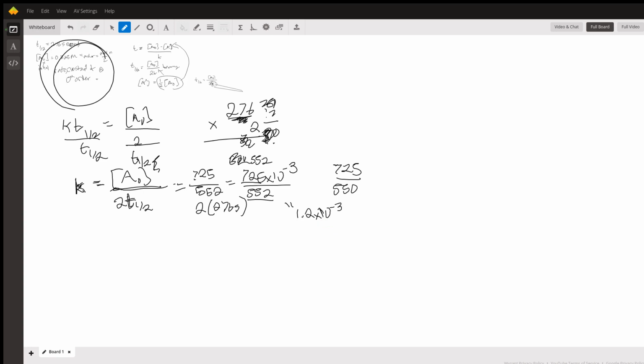Because I can think about just doing 700 over 500. It's about 7 over 5, which would be like 1 and 2 over 5. So that would be like 1.4, but it's a little bit less than that because it's actually 725 over 552. So this is plus 25 and this is plus 52, so my estimate was plus 25 over plus 52. So it should be a little bit smaller than 1.4. So that's how I know it should be right around